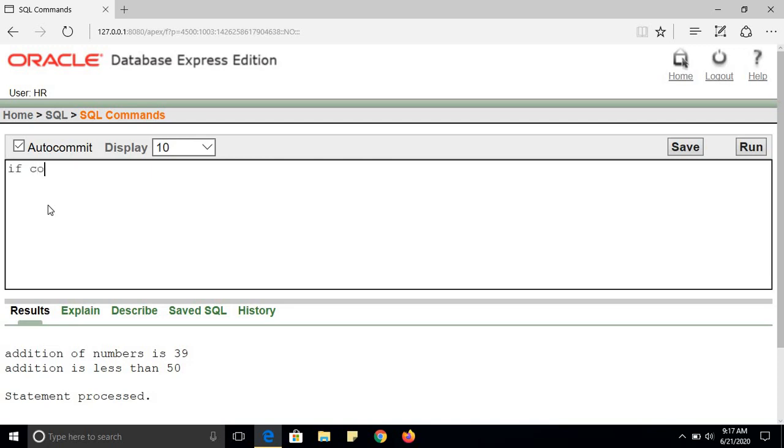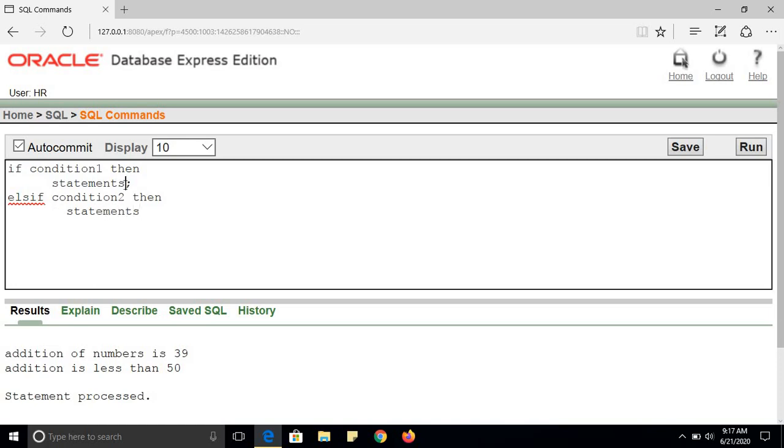Let me explain. If condition 1, then statements. For else if we use ELSIF, there is no space. Else if condition 2, then statements.